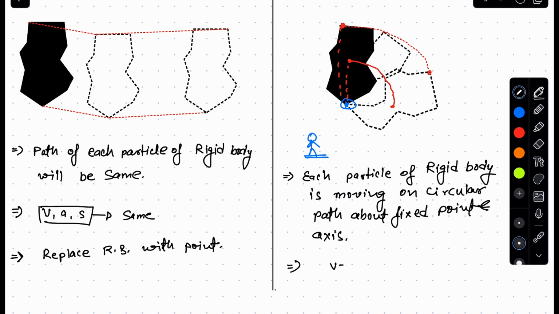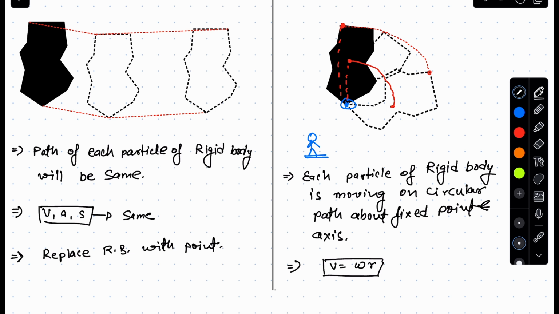V equals omega r. The linear velocity or linear speed of any point situated at an r distance from the axis of rotation, and that particle is rotating with omega angular velocity, then the relation between the angular velocity and the linear velocity says that